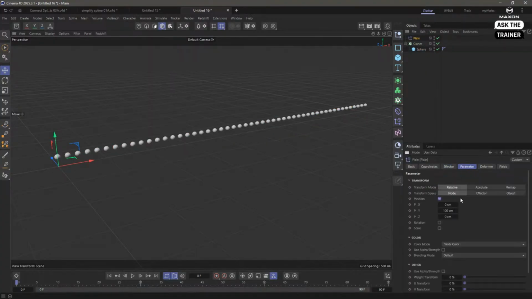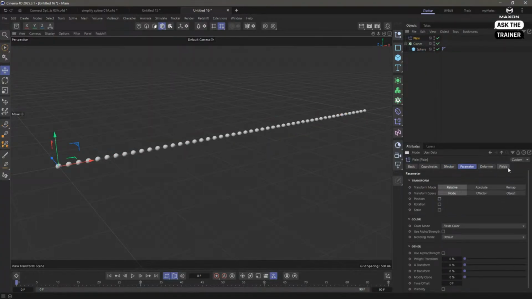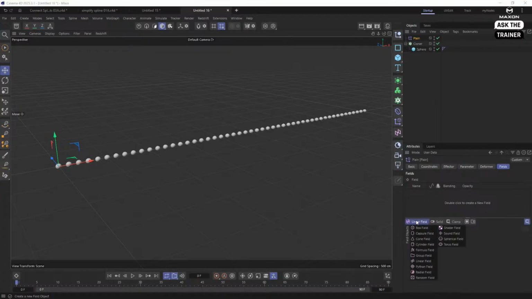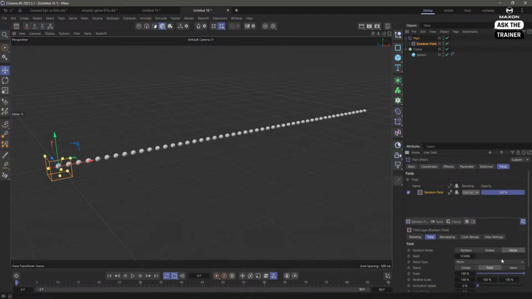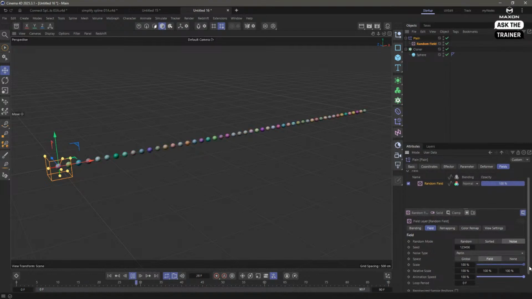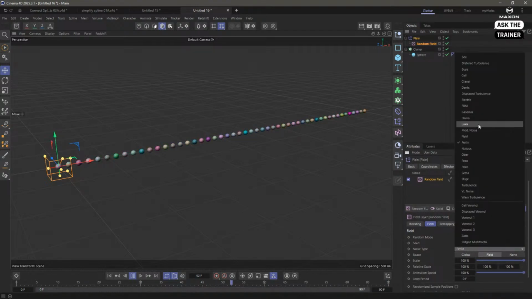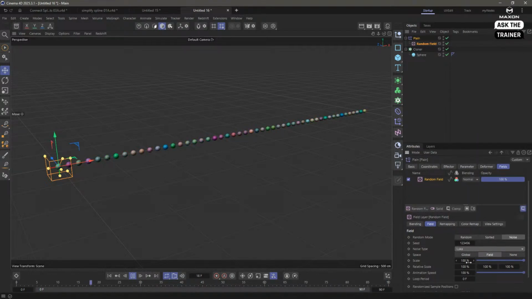So I'm going to use a plane effector in the fields color mode, and let's go here and create, I don't know, a random field. Just turn the color on. So I'm going to animate this. So let's assume these are the animated colors here. And let's put a Luca noise. And you can see now we have these